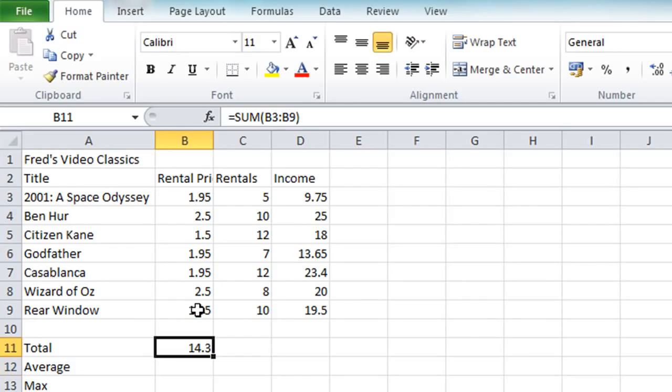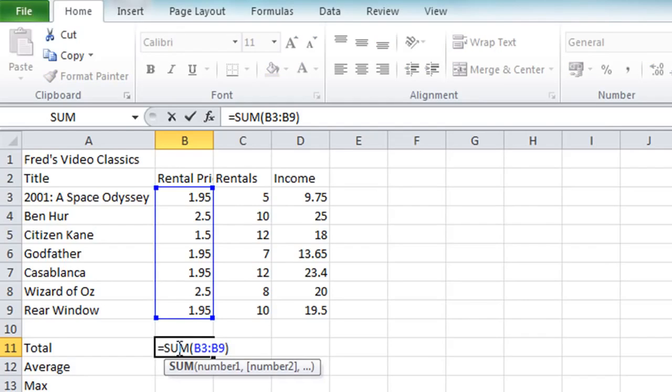If I come back now to that function, we will see in the formula bar, again we see that Excel has converted the lowercase to uppercase, so SUM is now uppercase characters, and obviously the details of that function. Now if I double click on that function, you'll see something interesting. Excel will show me the range of numbers included in the function, which I can then modify if I want to